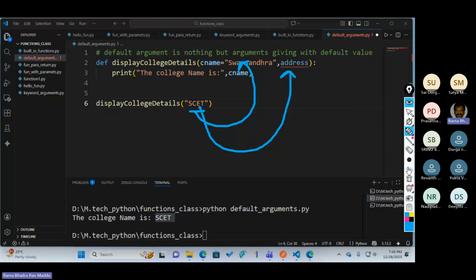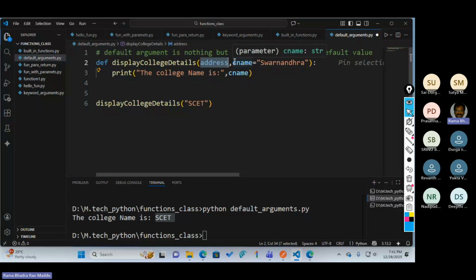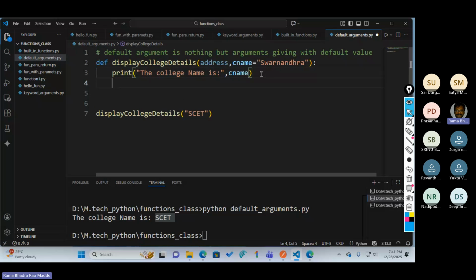Okay, after the default values, we cannot use any arguments. If I want to use arguments in the same function, so then I am trying address, comma. Now it is not giving any error because of first you must supply the address, then you can take the choice. You can provide it or not, your own choice. So that's why address you can use beginning. Default values always use end of the arguments, not beginning of the arguments. This is most important one you need to remember.